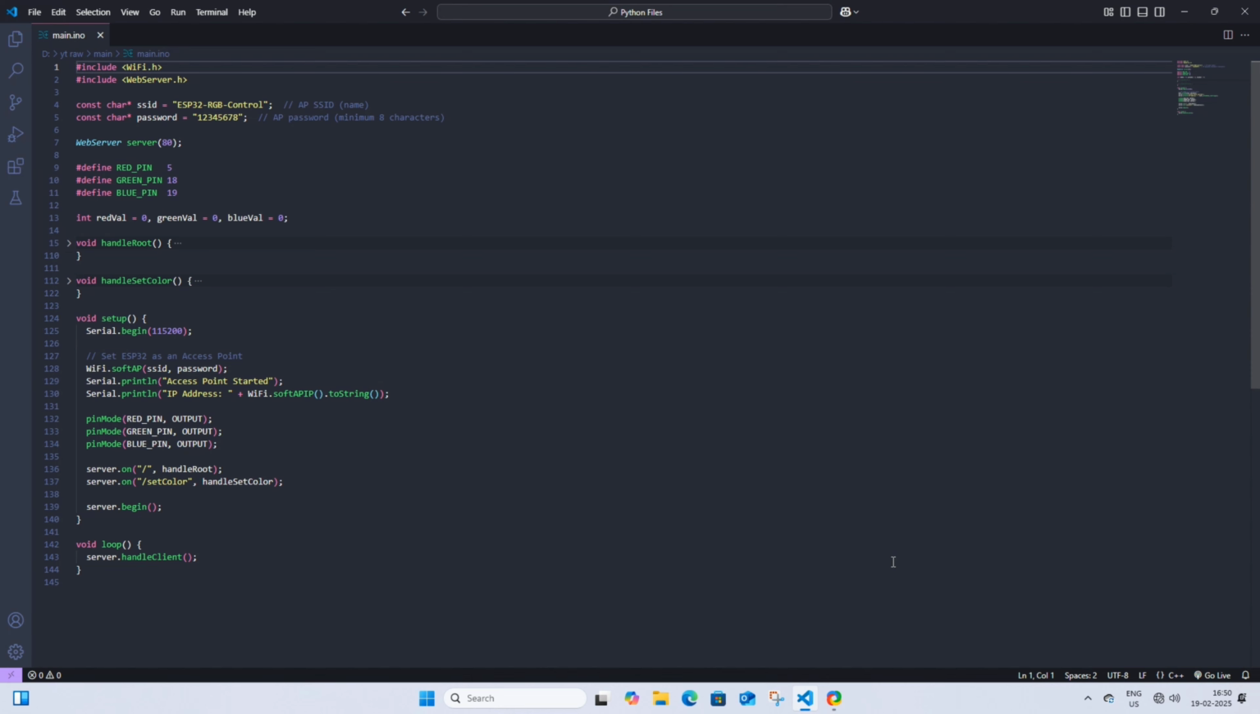A web server on port 80 is created using the WebServer library to serve an HTML based control panel. The HTML page includes 3 sliders to adjust the RGB values, JavaScript to send GET requests to the server, and a preview box to display the selected color. When a slider is moved, an AJAX request is sent to /setColor with the new RGB values, which the handleSetColor function processes by extracting the values from the request, converting them to integers, and updating the LED